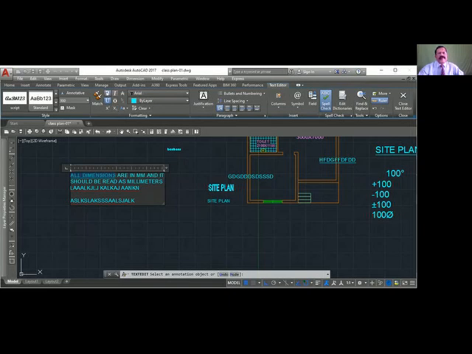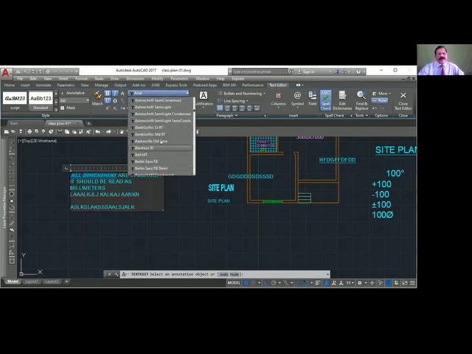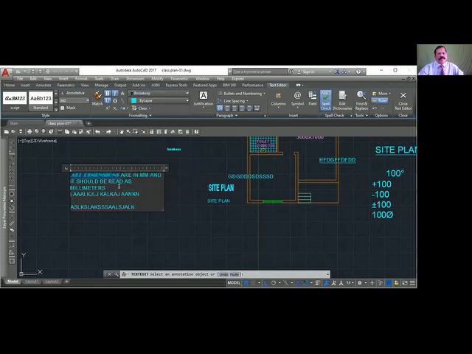See italic. Okay. And even if you have not created the text style, you can select whichever style you want. There are so many styles here. We have not created them, but still you can use. See, this is the power of mtext. So this is a very interesting mtext.